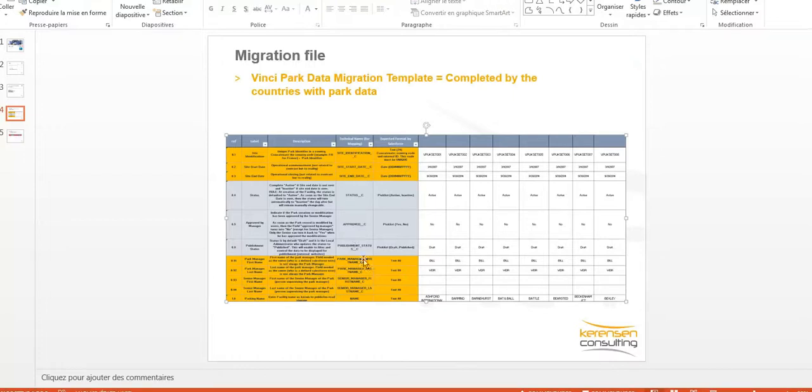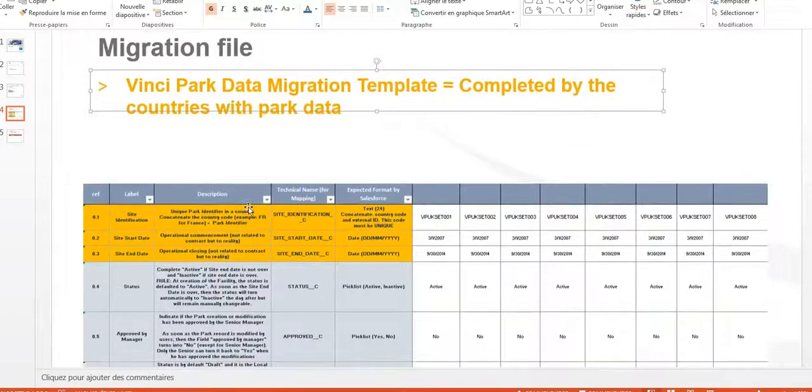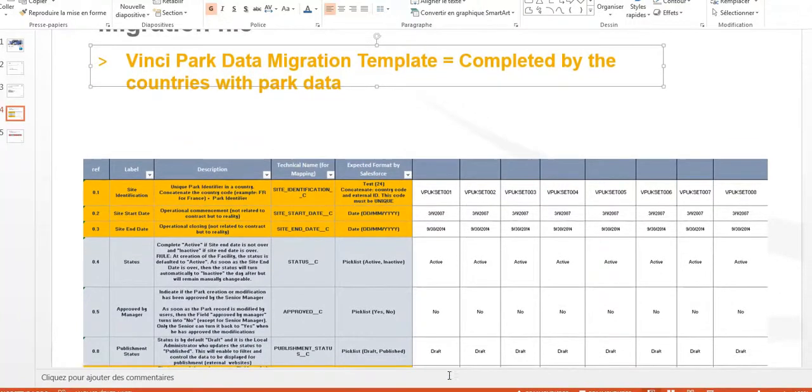They must complete their park data in this file. As you can see, they need to complete the site identification, site start date, site end date, the status, active, inactive, and so on. So they complete each park's data in this way. First park, second park, third park, and so on.